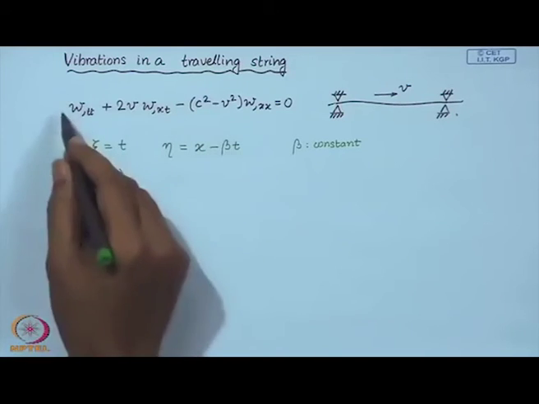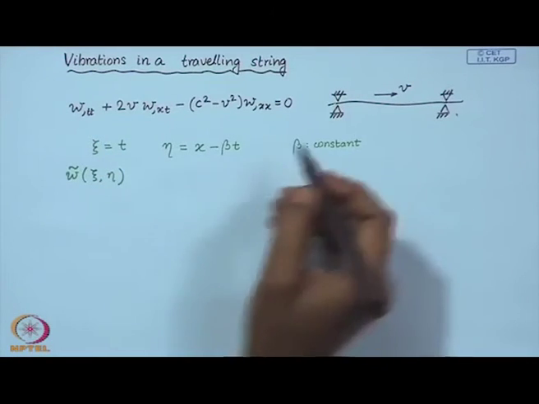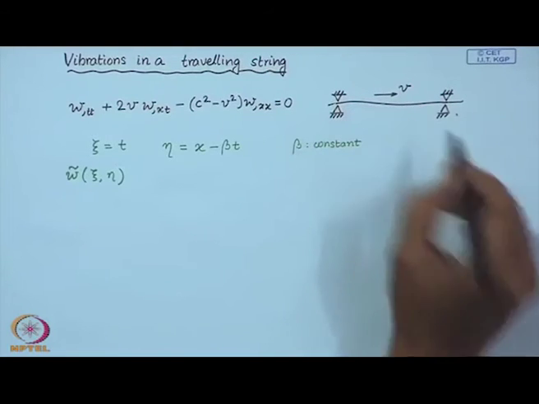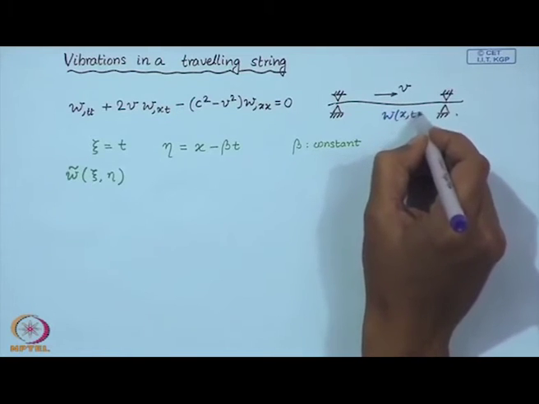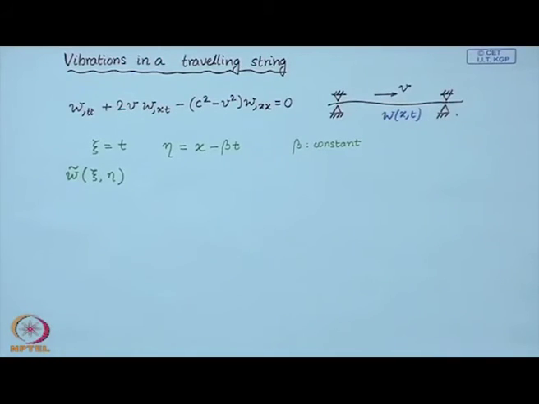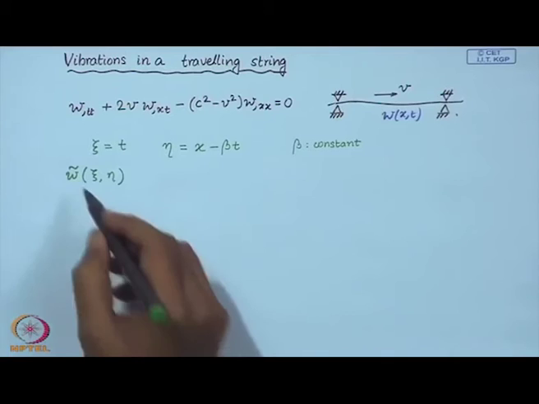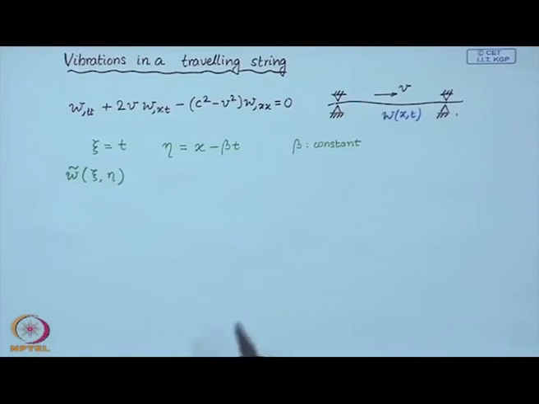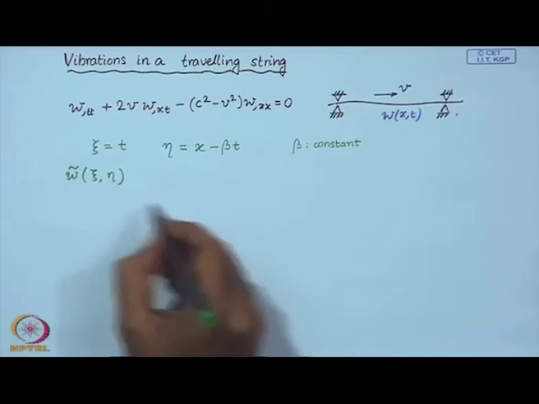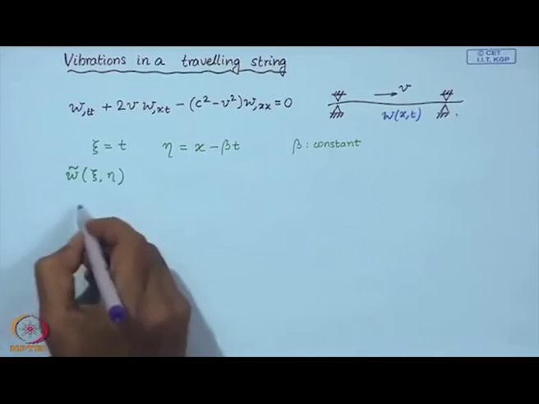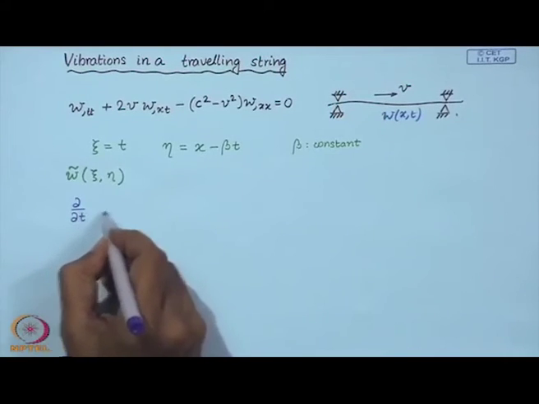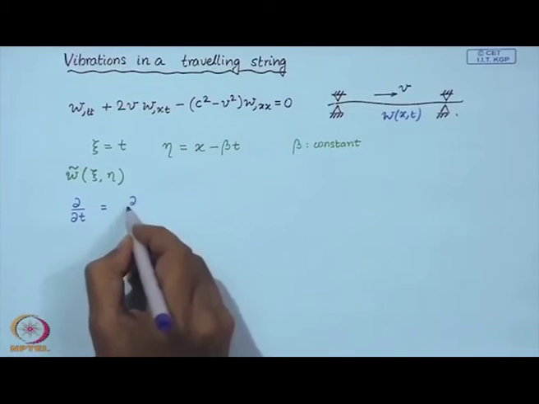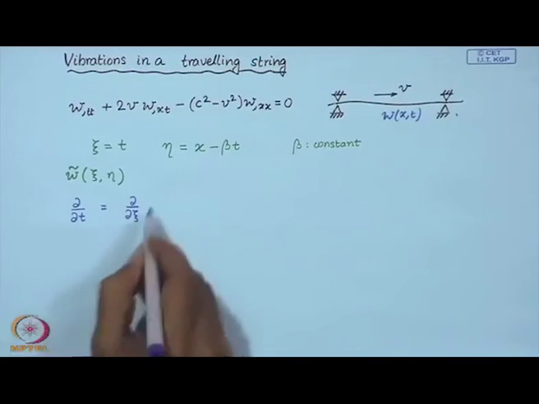So, here the field variable was w(x, t), our new field variable is w tilde (xi, eta), and to determine the equation governing this new field variable, we must replace our